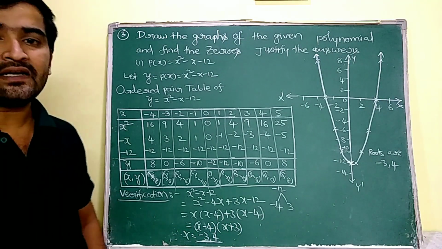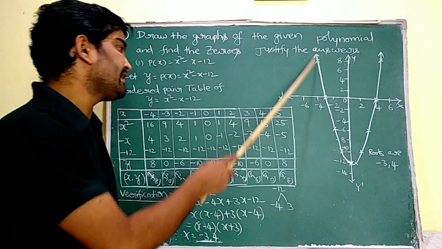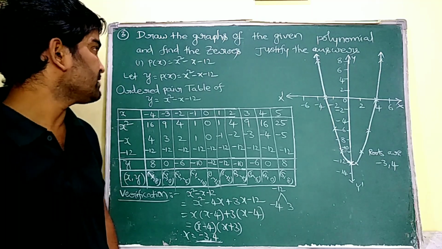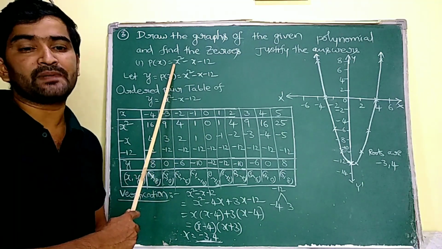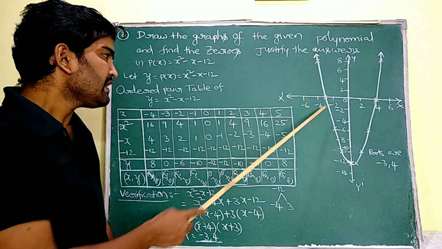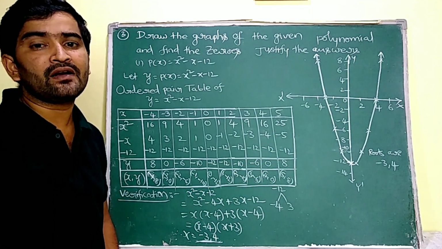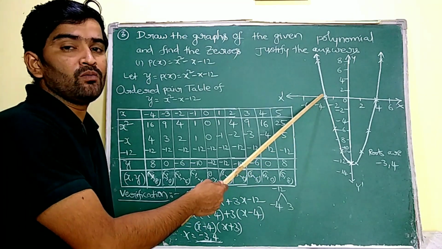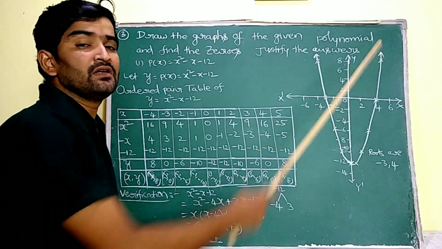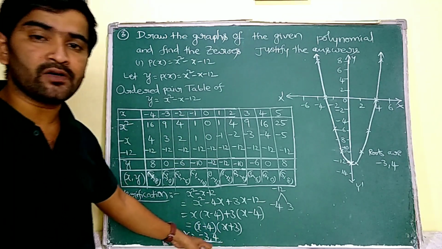Okay. I already explained to you that here this graph's roots are minus 3 comma 4. That means the required graph is going to intersect the x-axis at minus 3 and 4. And that too, see the coefficient of x square is plus 1, so the graph opens upwards here. Understand? So roughly the graph passes through minus 3 and 4. Okay, I already asked you to take one value more than this minus 3, that is on the left side you have to consider. Similarly one value on the right side, that 4, we have to consider for the values of x. So here we obtain minus 3 to 4 as x values.